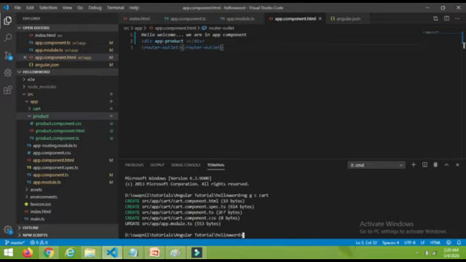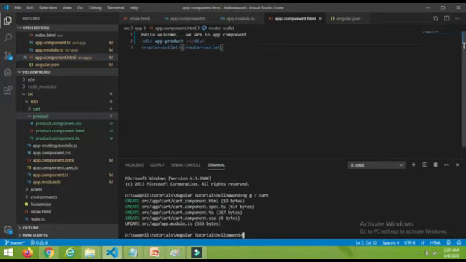The spec file is required for testing, which we don't need as of now. And you can also find it has updated the app.module.ts file. That means it has not only created these files but also registered this component with our Angular app, so that we can use it. It has done everything required to create and use the new component.